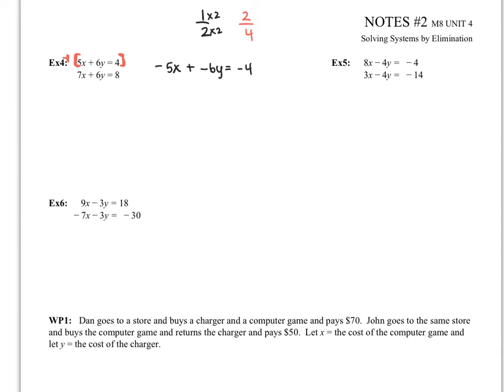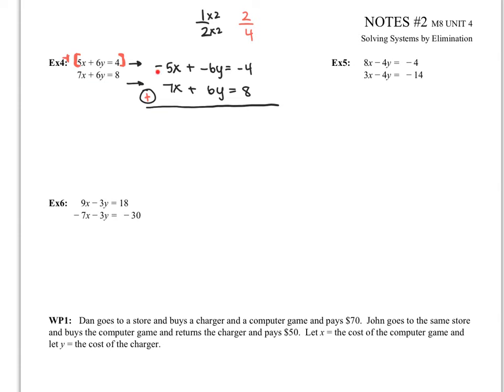Now my bottom equation, I'm going to keep exactly as I see it. So I'm just going to draw a little arrow here, a little arrow here. So I've got 7x plus 6y equals 8. And so now that I have a positive 6 and a negative 6, I could go back to using addition to eliminate my variables. So I'm going to draw my line, draw my circle, put my plus, and let's add